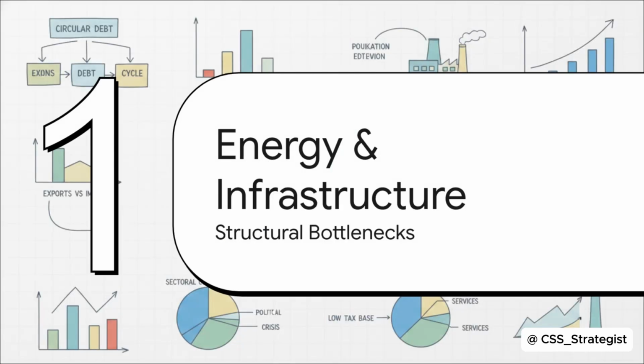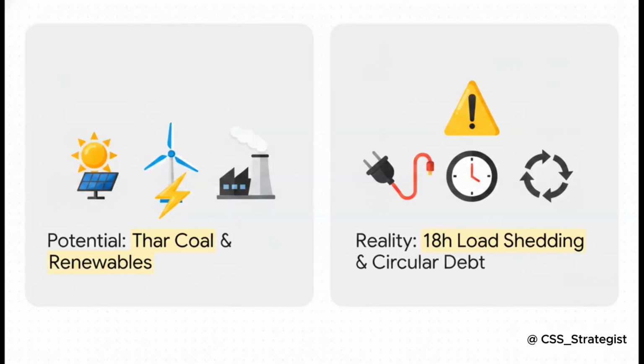Moving on to Module 2, Energy Crises and Infrastructure. So these human capital deficits we just talked about are compounded by structural bottlenecks that actively drag the entire economy down, totally preventing that transition from mere economic stabilization to actual meaningful development. This perfectly illustrates the paradox of Pakistan's energy sector.